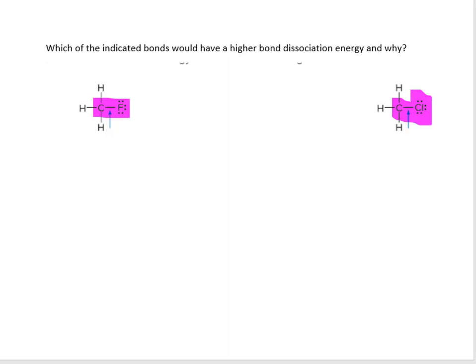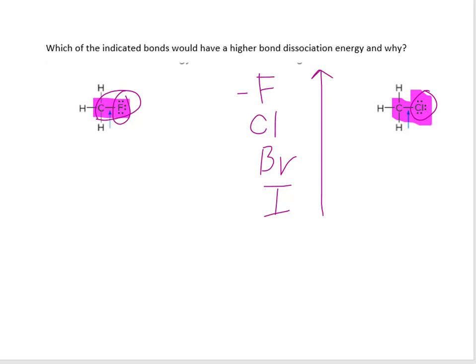Well, if you remember and look at the periodic table and we look at our halogens, because fluorine and chlorine are both in the same family, halogens. And we have fluorine at the very top of the column, and then chlorine, and then bromine, and then iodine. And we said earlier that as you go up a column or a family, that bond dissociation energy increases. And so the carbon fluoride, if we were to add a carbon to any of these, this bond is going to be a stronger bond